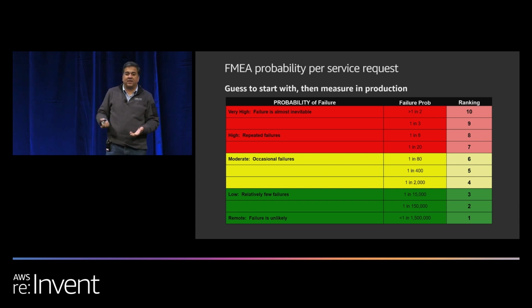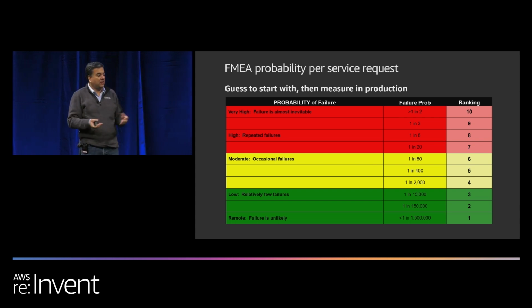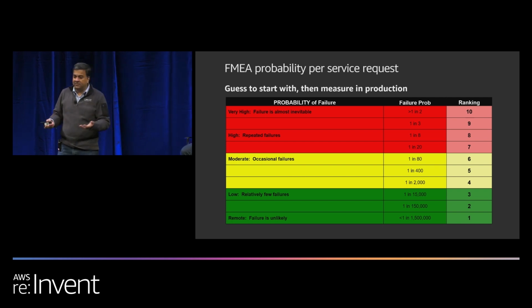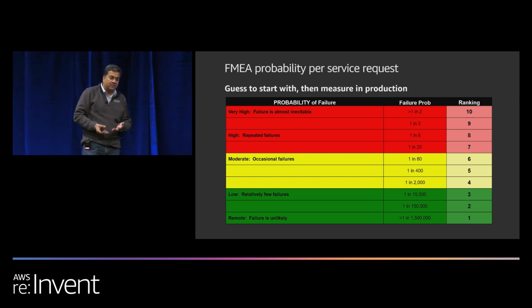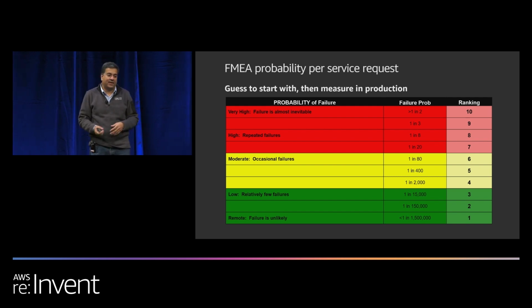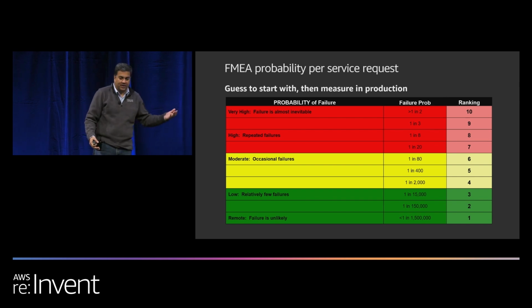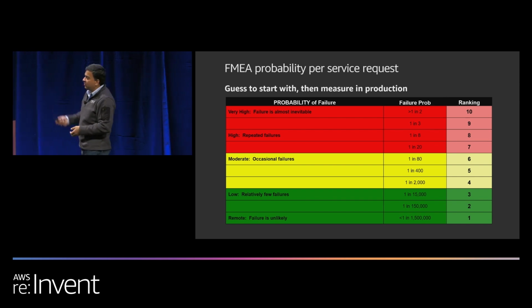I think this is a rule of thumb kind of thing. If you have history in your system, how many times things fail, mean time between failures, you can probably come up with some numbers there. But don't stress about this. Start with a guess. You have some ideas here. If it fails more than half of the time, or if it fails less than 1 in a million times, so you have some ranking to put there.